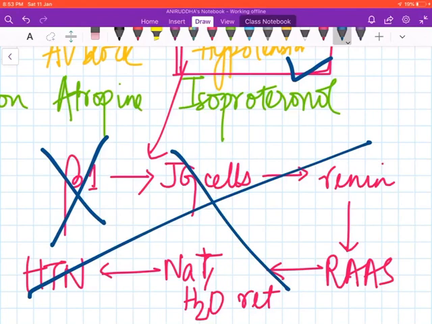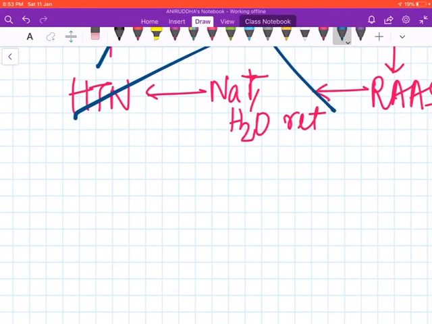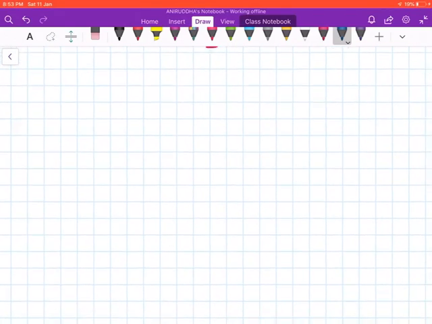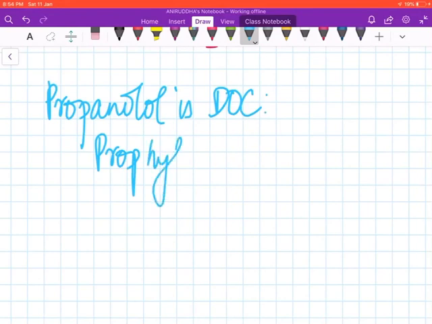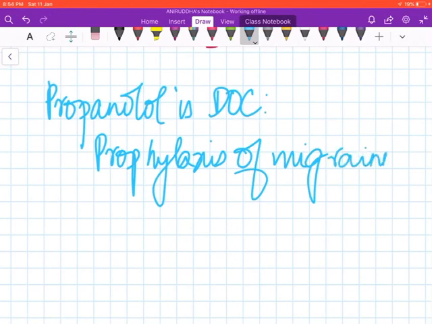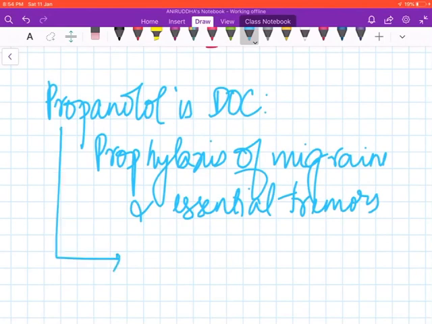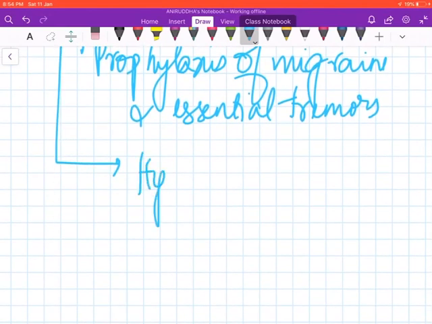Now, the uses of the non-selective beta blockers in general are limited, but propranolol has a wide range of uses. Propranolol is the drug of choice for prophylaxis of migraine and essential tremors. Propranolol may also be given in case of hyperthyroidism,